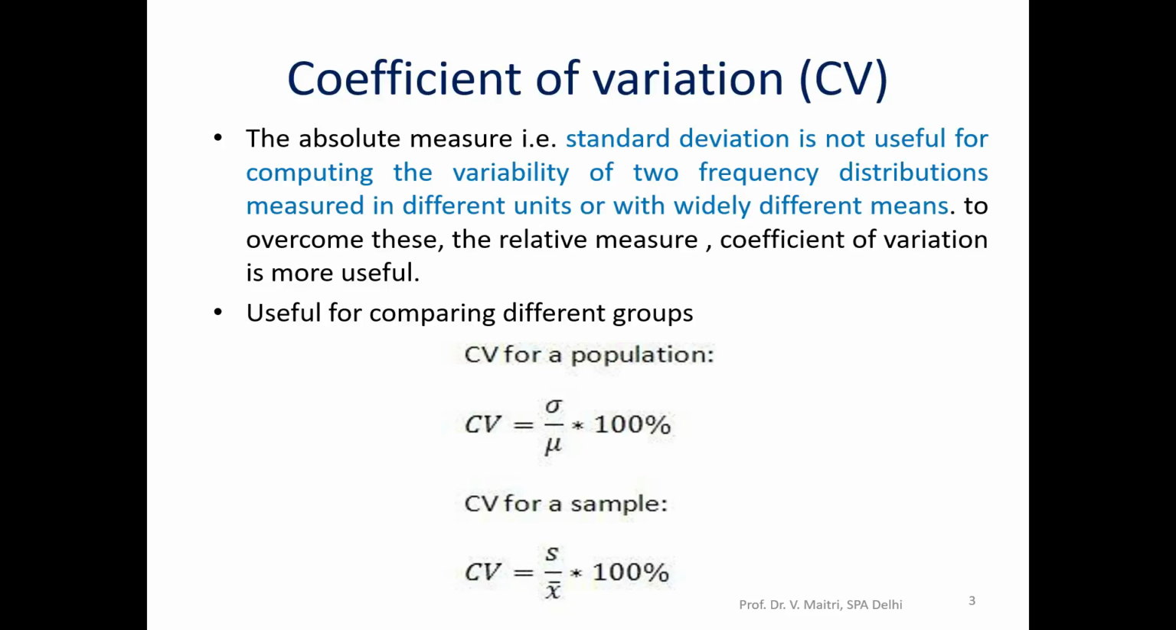So for comparing different groups of data, we can compute the coefficient of variation. For a population it is given by sigma divided by mu, multiplied by 100%, and the coefficient of variation for a sample is the standard deviation divided by the sample mean, multiplied by 100%. So that's how we calculate the coefficient of variation. Let's take an example also,